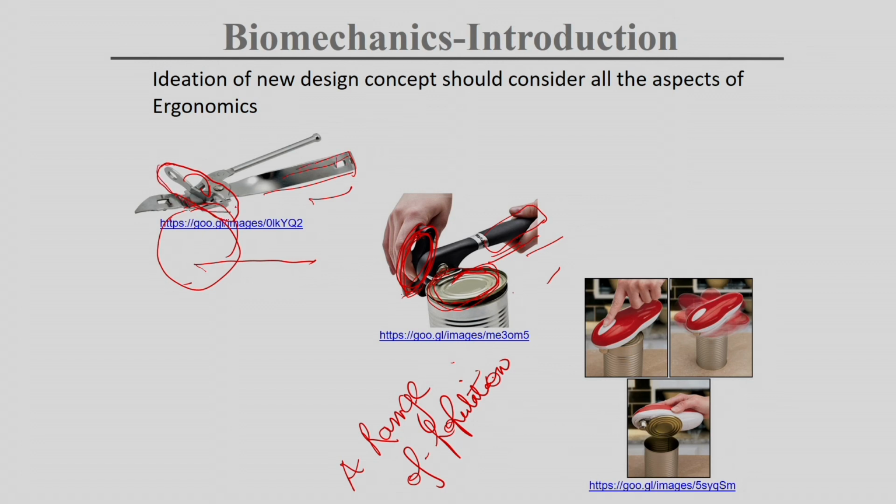Also this wing nut, to hold this thing and after that to exert certain force, is pretty difficult. So when you are designing, the form, the material used and the shape of this thing will also influence the force and the exertion of the person. So people will not be very comfortable, and it is not very easy and efficient to use.